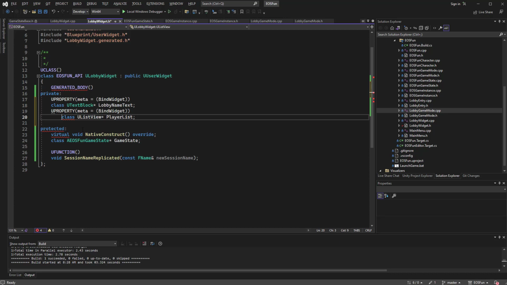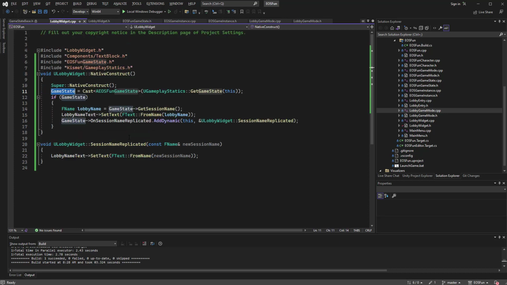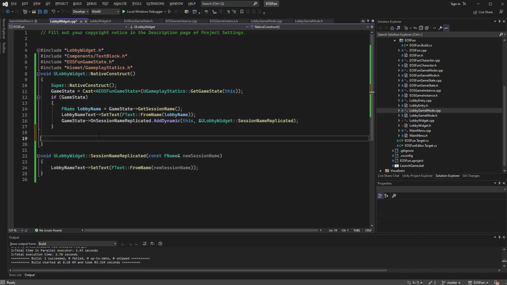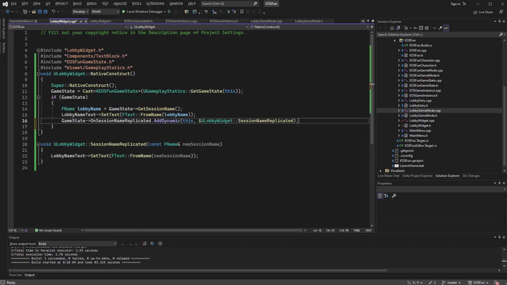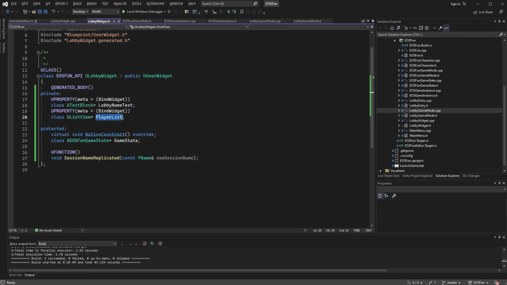Okay. The UListView is a special type of widget that's able to populate with a bunch of list entries, and here we're just going to ask to get the player array from the game state as well. But there is also a hidden problem because the game state doesn't necessarily have the player array replicated, right? So another problem. Oh, before we do that, we need to make sure that we actually have the entry set up, because if you have that now and then we just compile,